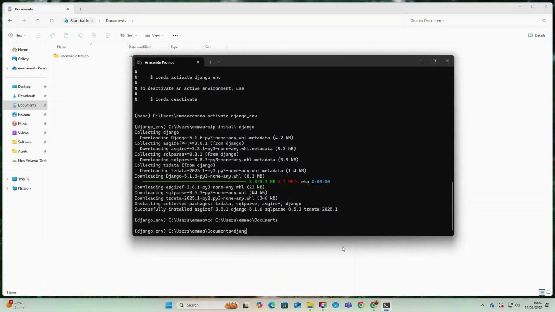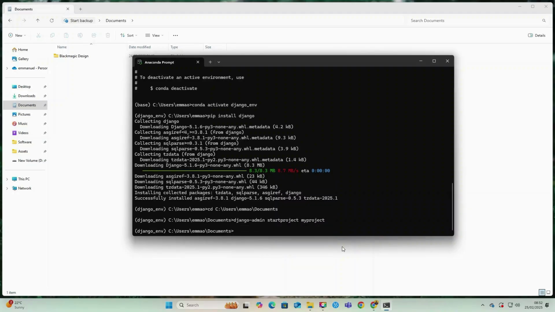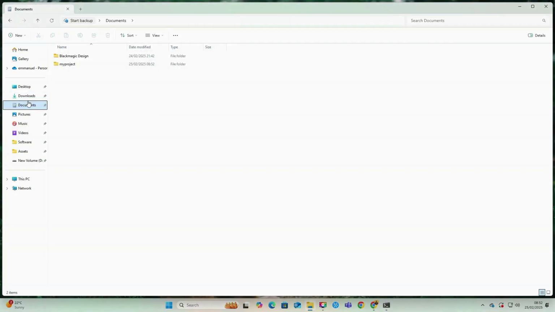Then right inside here is where we're going to create the Django project. And how do we create the Django project? So just type django-admin startproject, and then give it a name. I'm going to call mine myproject, and then click enter. So it has actually already created the project. We can now even go to where we have documents, and then we're going to check, and you can see that we actually have the project here. So it has the manage file, and inside here you can see you have the settings file. So we've actually successfully created that project. So that's how you actually create a Django